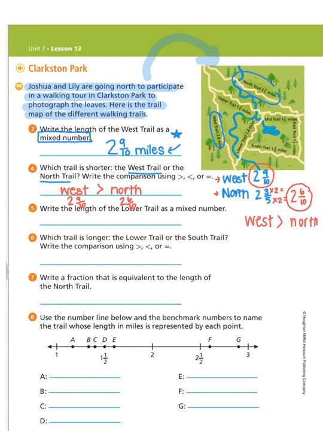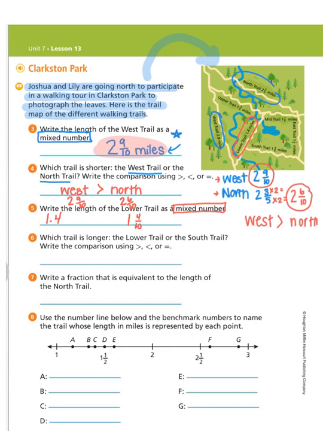Number 5 says, write the length of the lower trail as a mixed number. Here's my lower trail here. The distance, I'm not going to read it out loud because that might help you a little bit. Pause this video and write that as a mixed number. Remember, when I see mixed number, I should think fraction, just like I have up here as my mixed number. Pause this video and do that now. Now that you've tried it by yourself, check and see if you got it right. If I were to write 1 4/10 as a mixed number, I would put 1